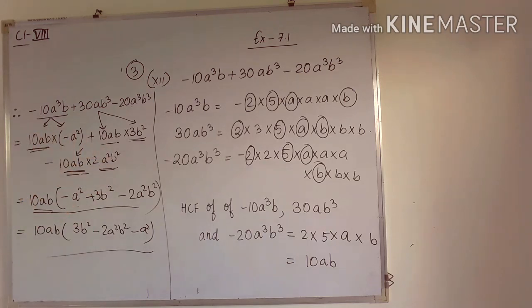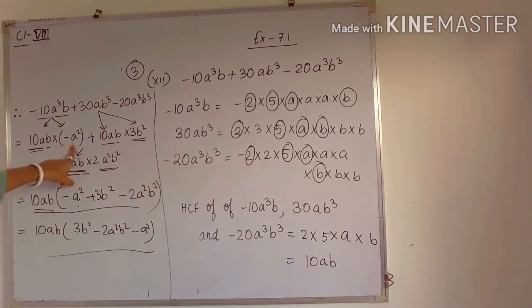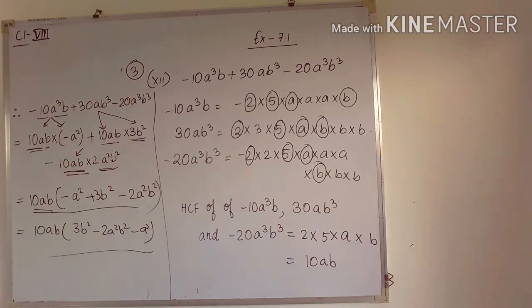So students, I am not going to do the remaining questions. Please try to do them yourself. Like this, you have to follow the steps. First of all, you have to find the factorization of each term, then you have to find the HCF, then you have to take the common factor, that is the HCF, outside. So like this you can find the remaining term. First you have to write the HCF while doing the factorization. First one will be the HCF, and second you can easily find by the factorization of the term, that is 10a cube. You can see what the remaining term is, that is a square. By that way you can write it. So thank you students.